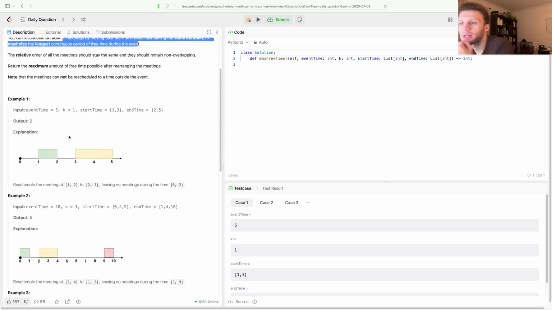So you find the biggest gap, perhaps, and then move away from that? What if you have